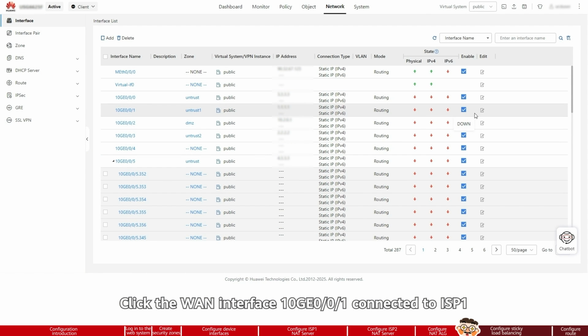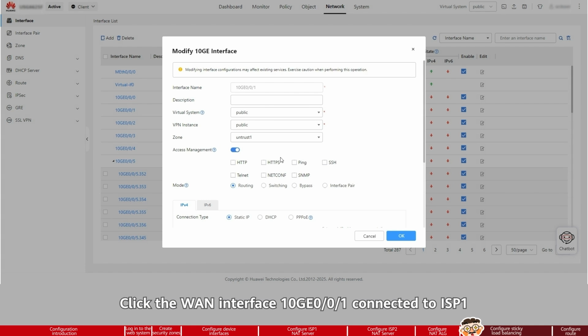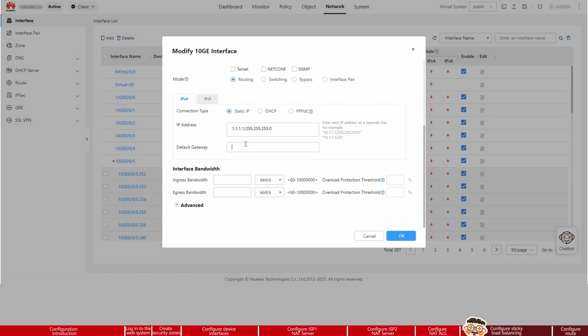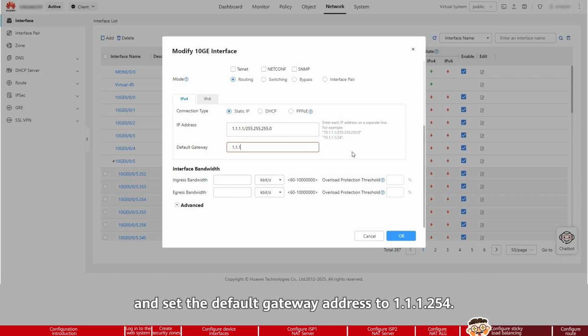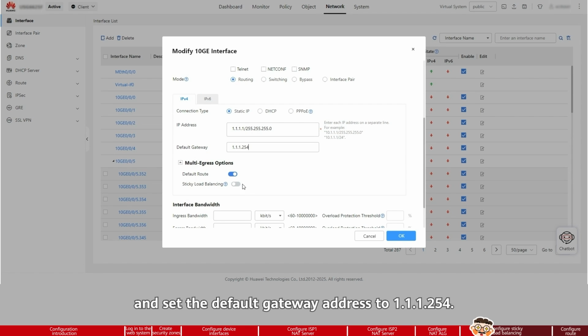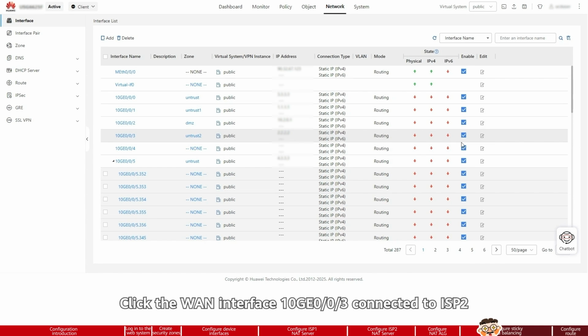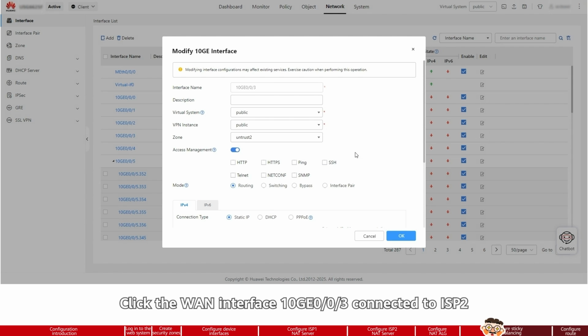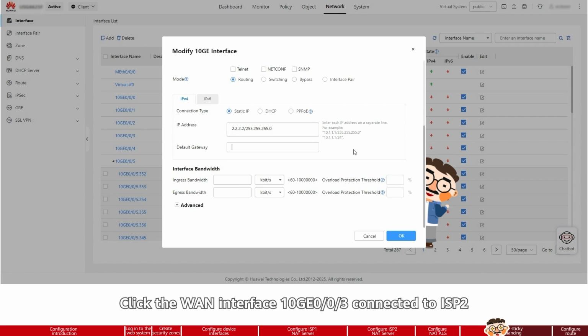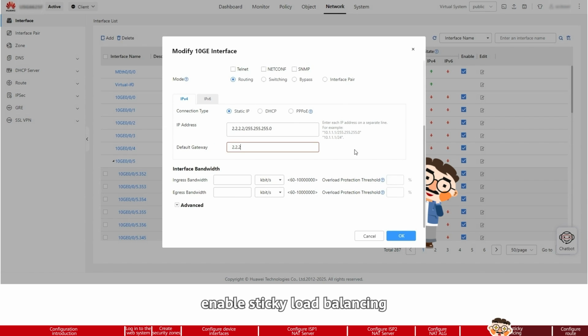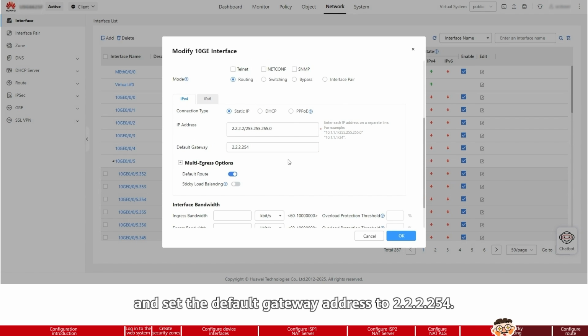Click the WAN interface 10GE0/0/1 connected to ISP1, enable Sticky Load Balancing, and set the default gateway address to 1.1.1.254. Click the WAN interface 10GE0/0/3 connected to ISP2, enable sticky load balancing, and set the default gateway address to